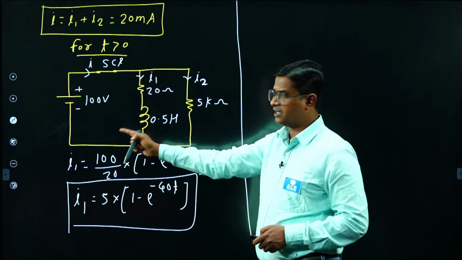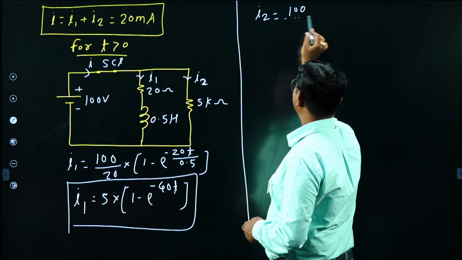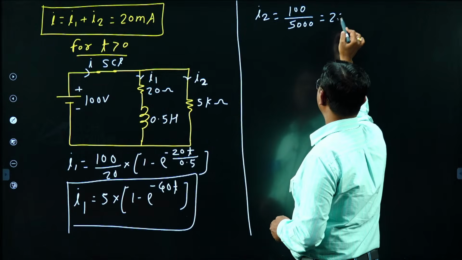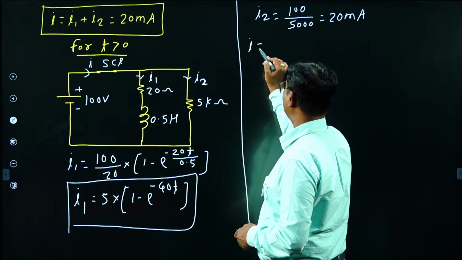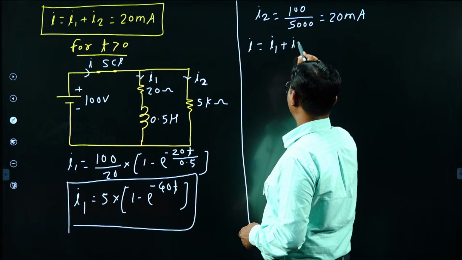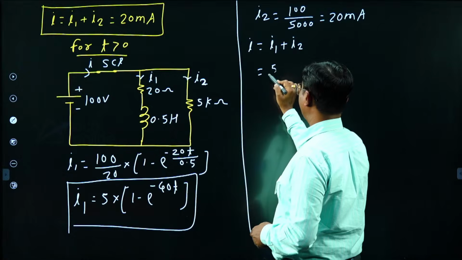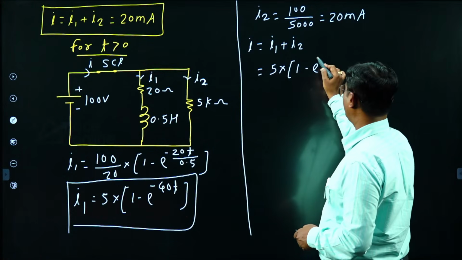I2 is straightforward, 100 by 5000. I2 is equal to 100 by 5000, which is equal to 20 milliampere. And what is the current from the SCR? I is equal to I1 plus I2, which is equal to 5 into 1 minus e to the power minus 40t